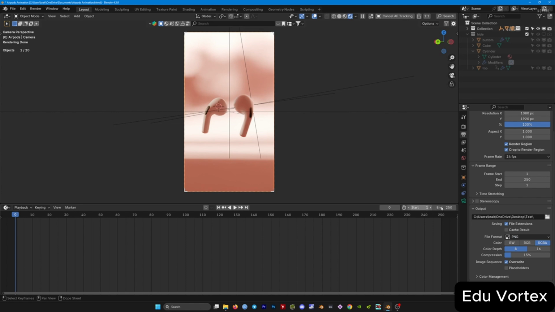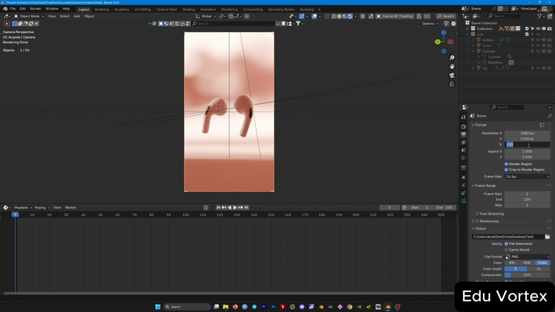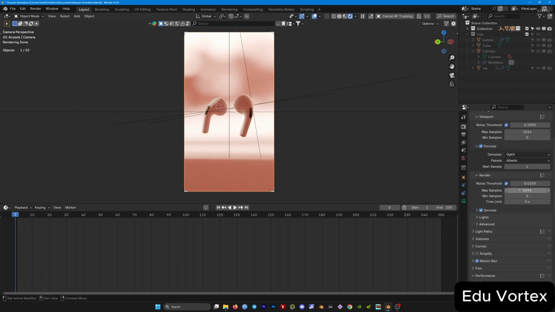And this is the range. This is the range of frames that will be exported. I think we'll do a quick render, so decrease this. And here you can set the maximum amount of samples. So there's no hard and fast rule for the number of samples. I think this is heavily dependent on your scene and how many samples your scene really needs in order